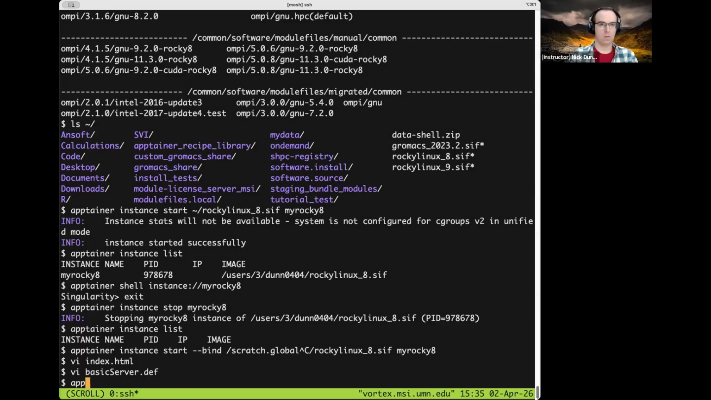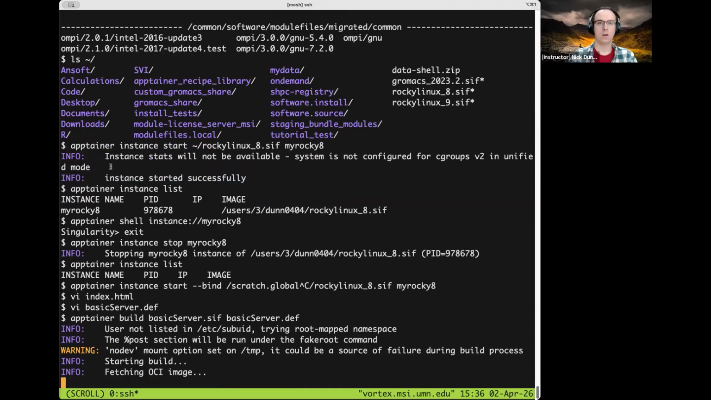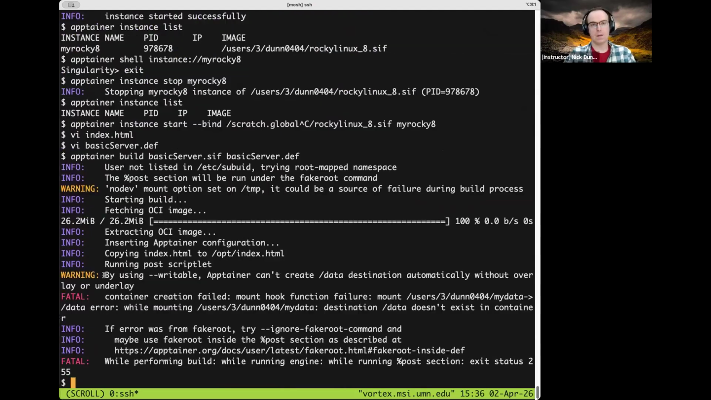We want to apptainer build basic server.sif from basic server.def to create our image file. Let's see. Destination. Oh. See, this is what happens when you have